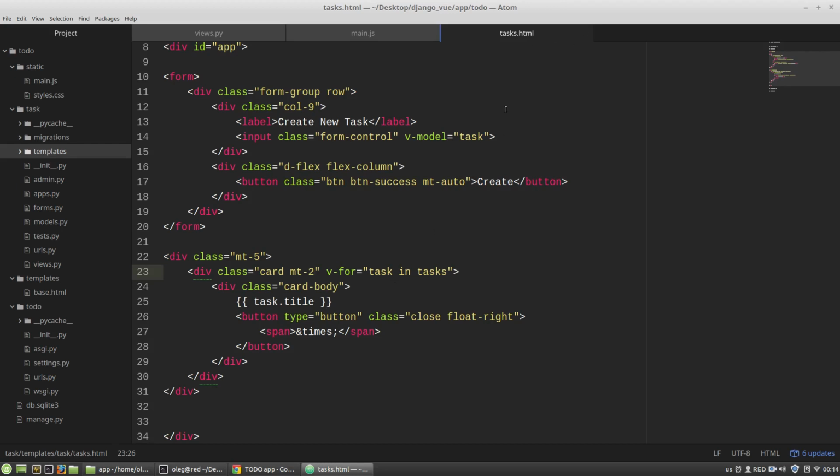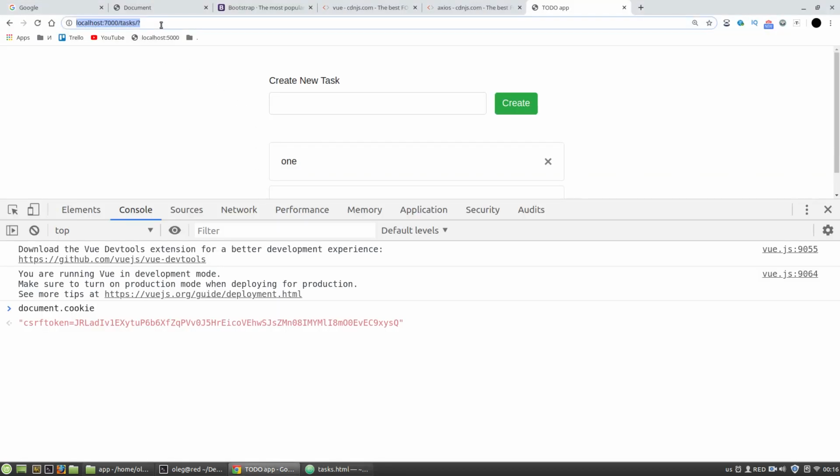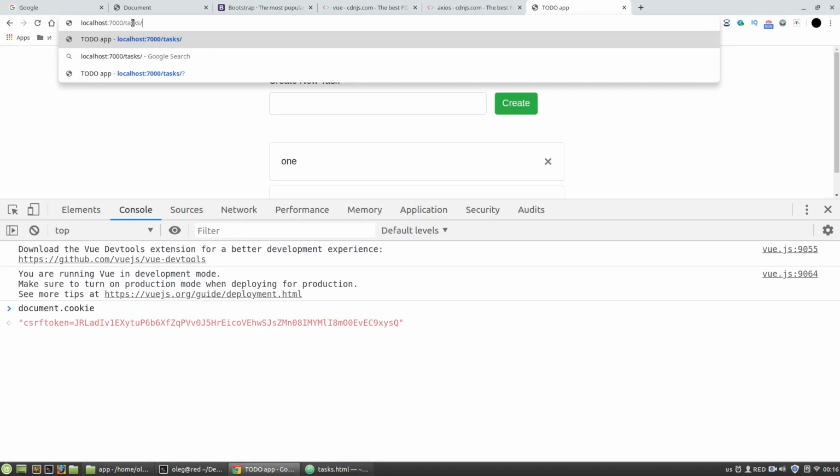So in the tasks HTML file, I am adding to the form the submit attribute that equals the name of a method of my Vue object. So I want to use the createTask name. I'll define it a bit later, but by default, if the action attribute of the form is omitted or its value is empty, browsers will send requests to the address that is present in the address bar. So in my case, it will be localhost/tasks,